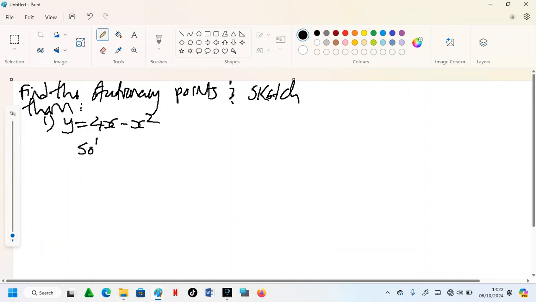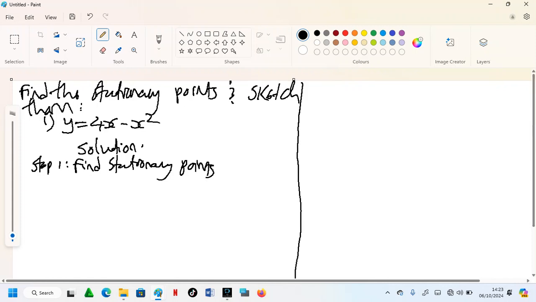Solution. The first thing we are going to do is to find the stationary points. And then after finding the stationary points, we can go ahead and determine their nature. Now we know at a stationary point,